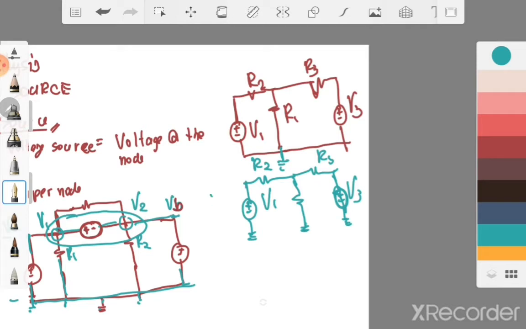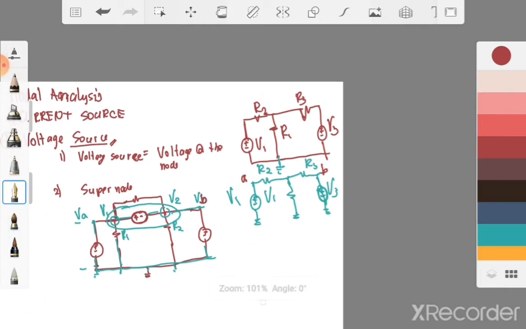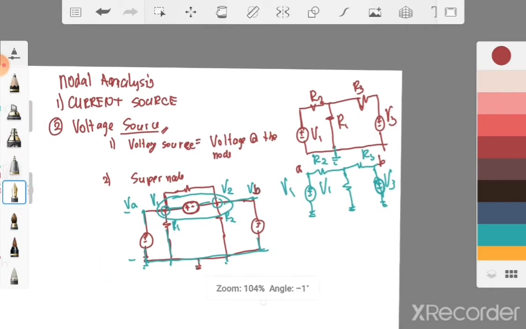So, mapapansin mo that your V1 is directly connected to the ground. And also your V3 is also directly connected to the ground. Therefore, at this node, at node A, let's say this will be your A and B, the voltage in that source is equal to your V1 and V3. That is your second case wherein your voltage source